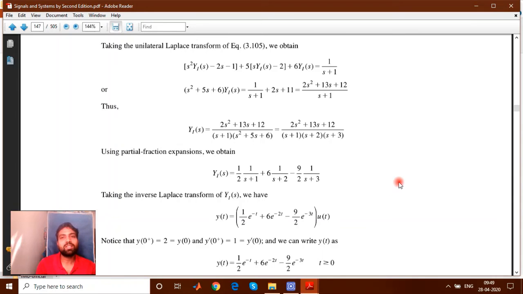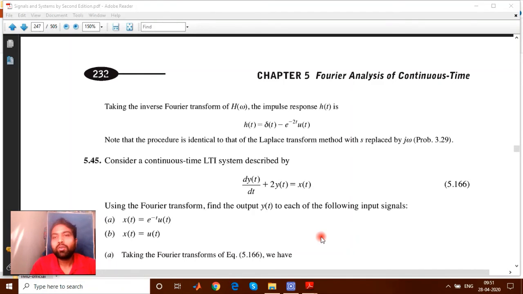Let's take this kind of example in Fourier series, Fourier transforms 2. Now taking a very similar type of example in Fourier transform 2. That is example 5.45 from the Schaum's series book. You can have a basic reference of this question. The same thing is here: dy(t) upon dt plus 2y(t) equals x(t). It means y dash t, 2y(t) and x(t). Now the same question has to be solved with the help of Fourier transform analysis.